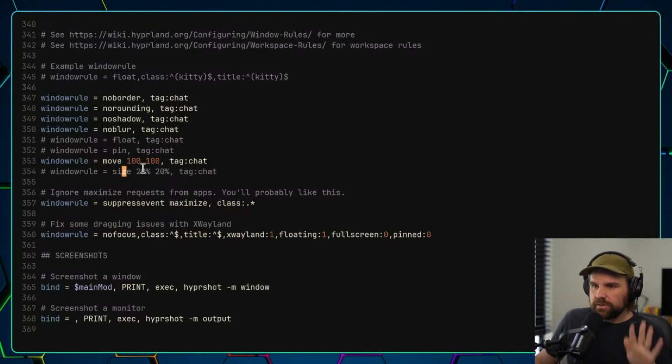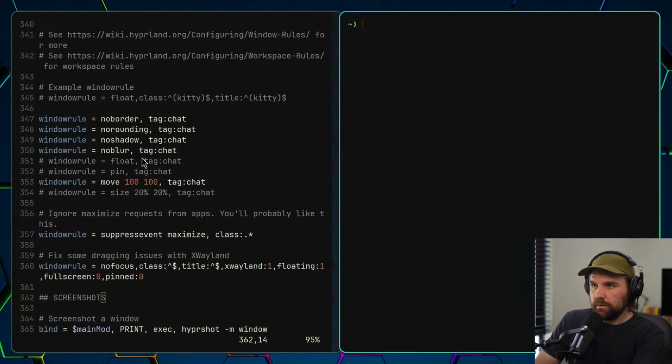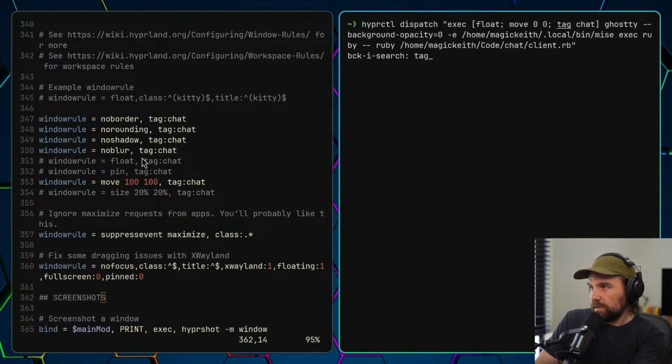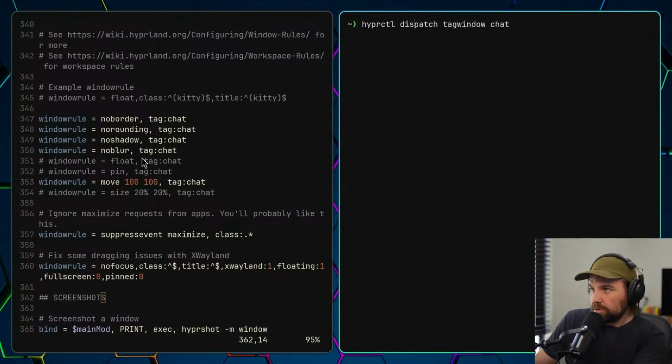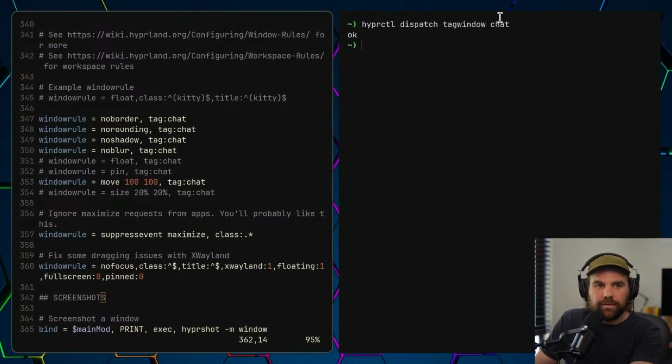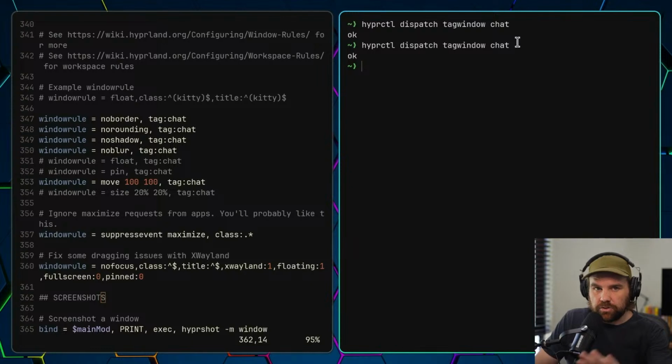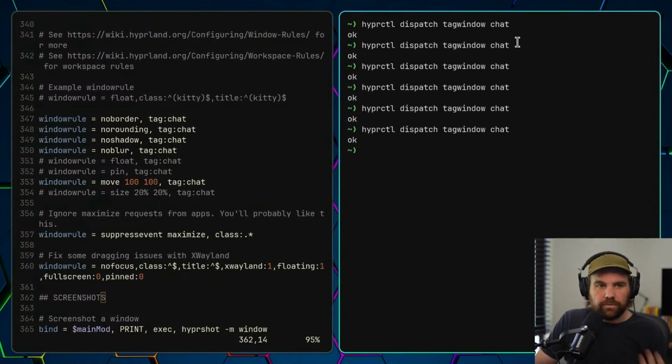I haven't quite got this entirely working yet, but let me show you what happens. If I open up a new window and add a tag, let's see. hyprctl is the command line that you can use, and then dispatch, and that sends to Hyprland, hey, dispatch this particular action for me: tag the current window as chat. Now if I do that, pow, pow, pow, look at that. It's fantastic. It removed a bunch of stuff. If I remove the chat tag, it toggles back and forth, right? Pow, pow, pow, pow. Very, very cool.